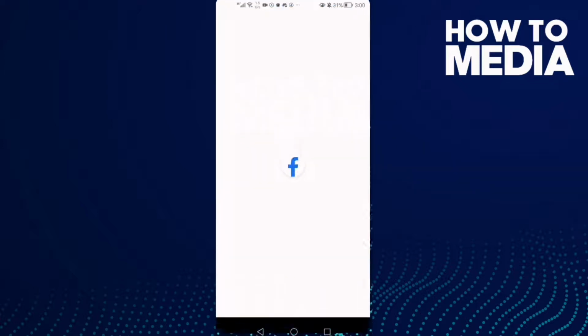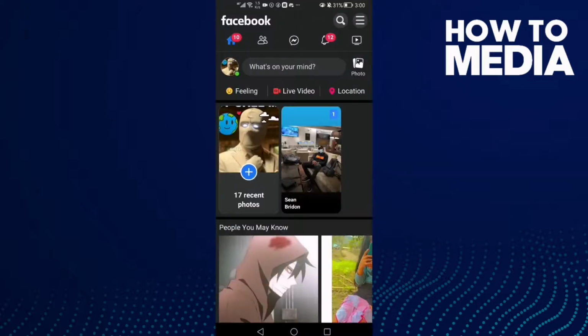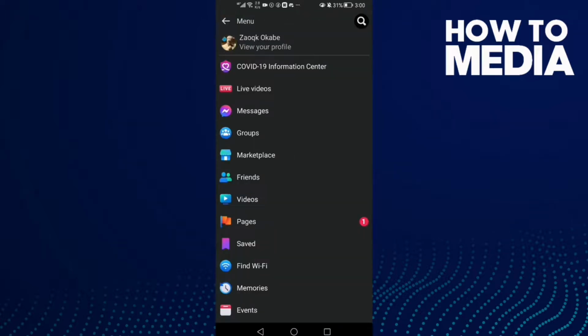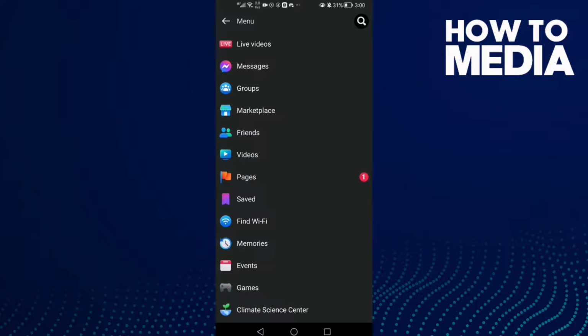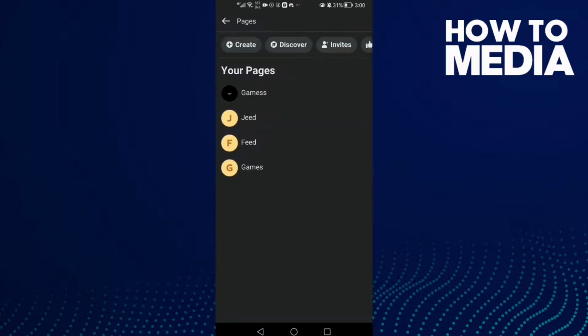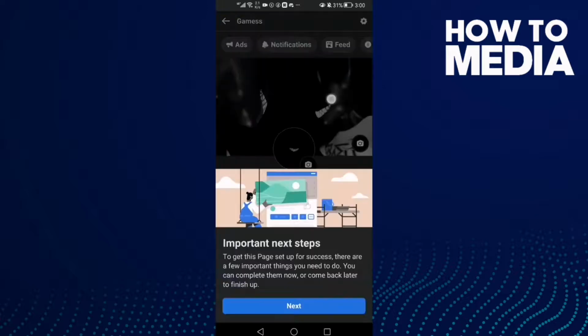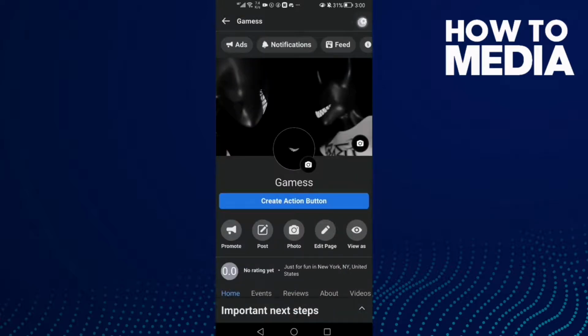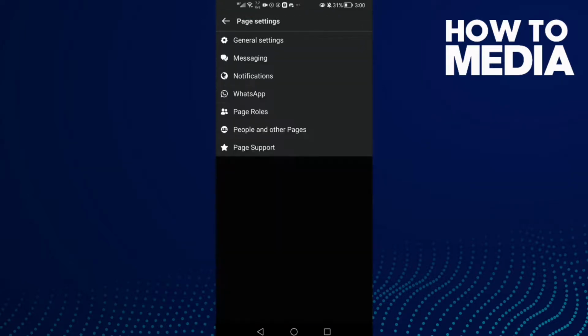First thing, go to Facebook Lite. Here you will find these three lines in the top corner. Click on it and then just scroll down until you find pages. Click on it and click this one here, select your page, and then just click this icon, settings icon, and